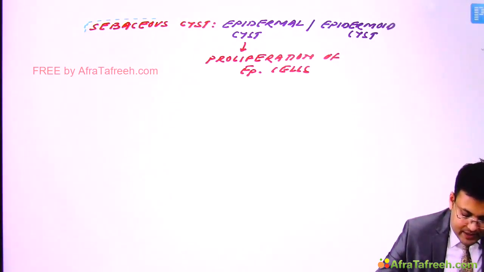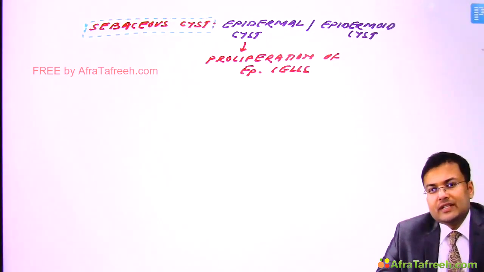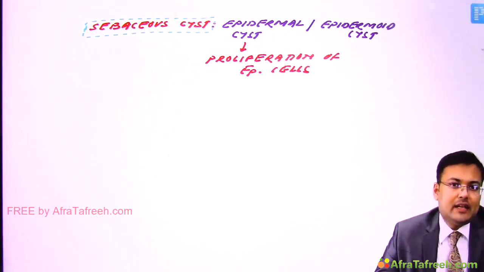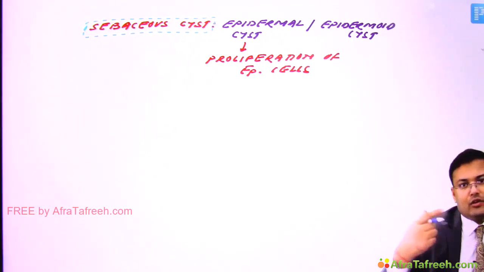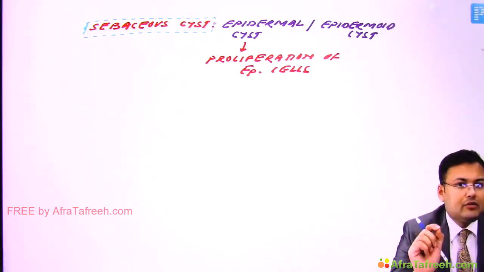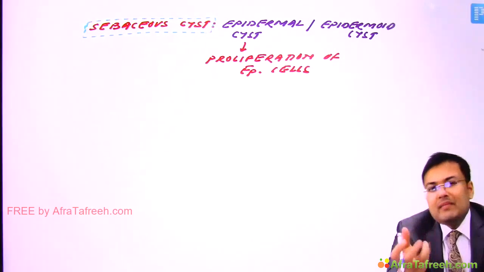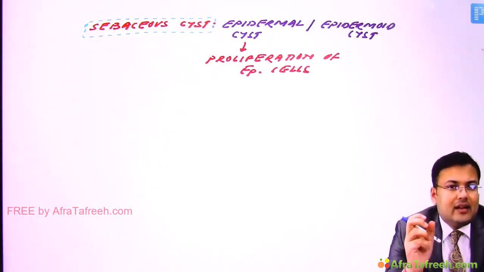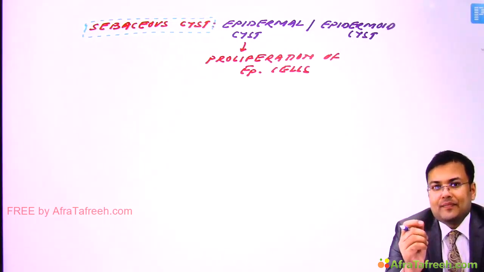Now this term sebaceous cyst is a misnomer. Why? Because the origin of this cyst is not sebaceous, and second, even the content of the cyst is not sebum. So what is the content? If you have seen a sebaceous cyst and you press it, there is a punctum also. You will notice that there is cheesy or creamy material, white creamy material coming out. And what is that white creamy material? Yes, it contains desquamated epithelial cells or keratin. So we press and this white creamy material comes out.